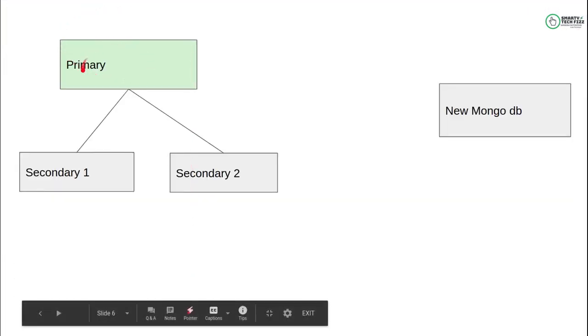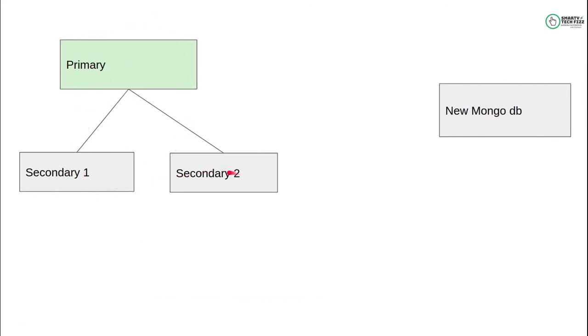What I am saying is, let's say you already have a replica set of 3 members: one primary, and the other 2 secondary. You may have only 2, you may have a few more MongoDB servers, that doesn't matter. I'm just talking about the concern that we may have. We have a primary, we have 2 secondaries, and you have a new MongoDB server that is not configured as a replica set member. What if you want to add one more member to that replica set? It will become 1 primary and 3 secondary. So how will you do that?